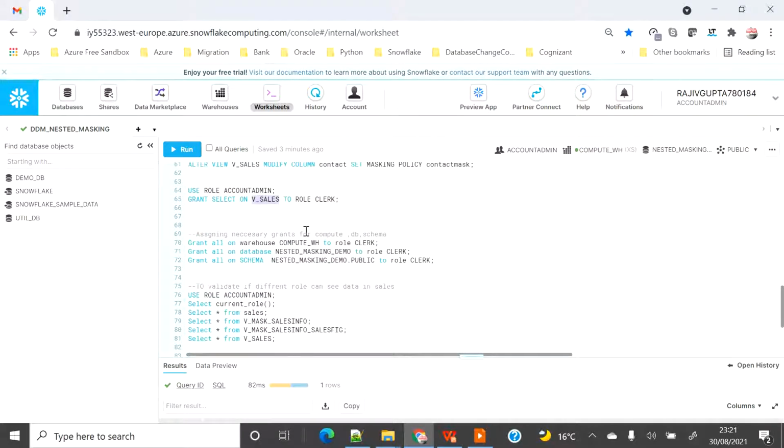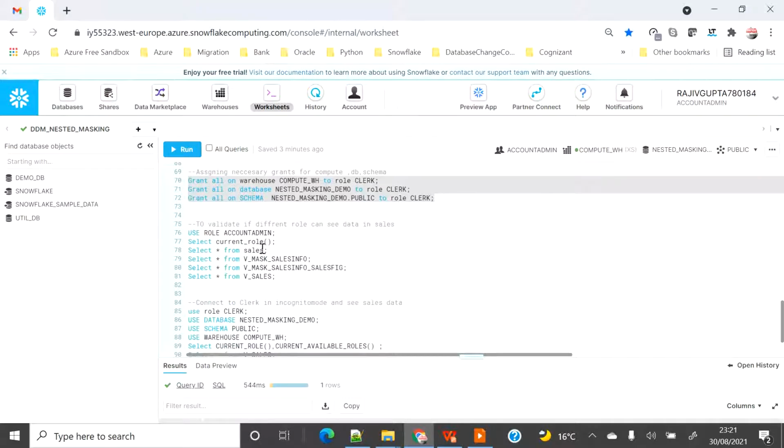I'm going to assign select on this view to the role clerk. Now I'm going to assign the warehouse, database and schema to role clerk.